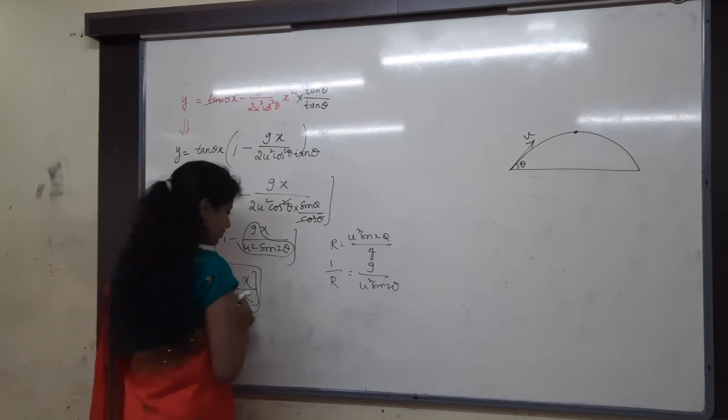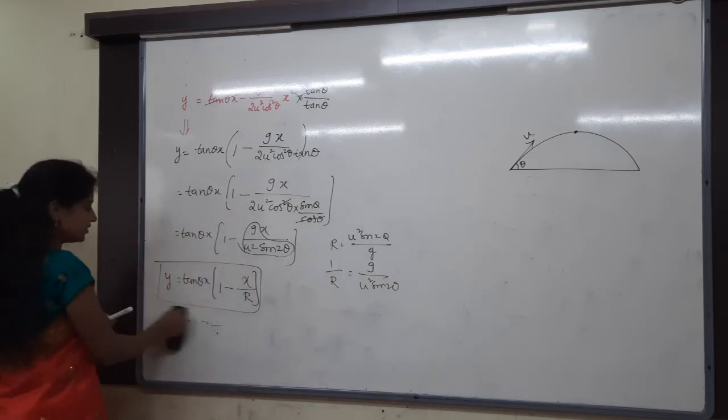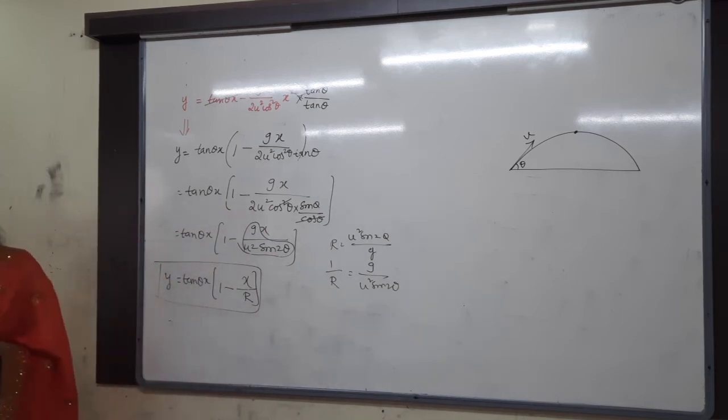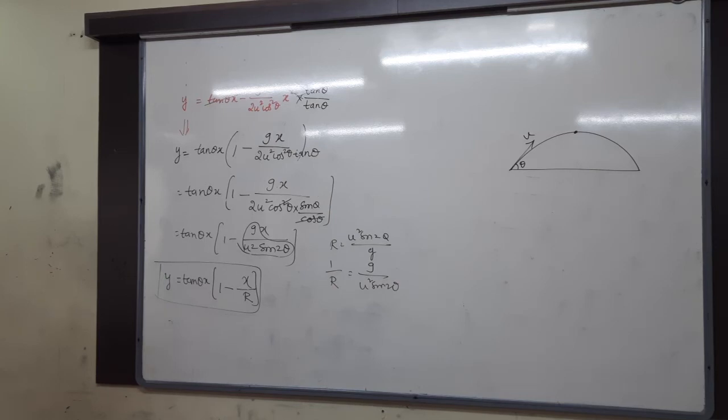The answer will be half m u square, I guess so. The answer is half m u square. No, it's not. Half m u square only the answer. Yes, what is the answer you got? Half m u square. Correct. You said first only, no? Yes, very good. Half m u square is the answer. You got it? Very good. Anything else? Half m u square cos square theta.